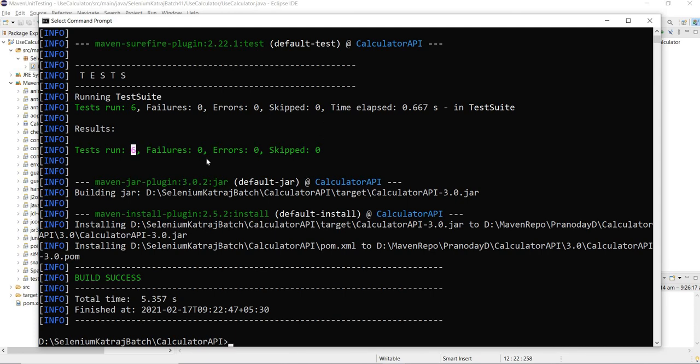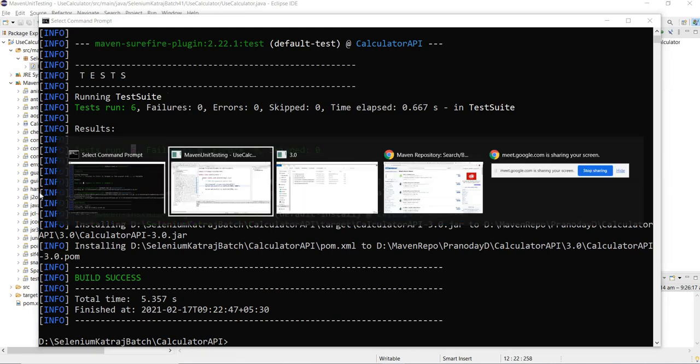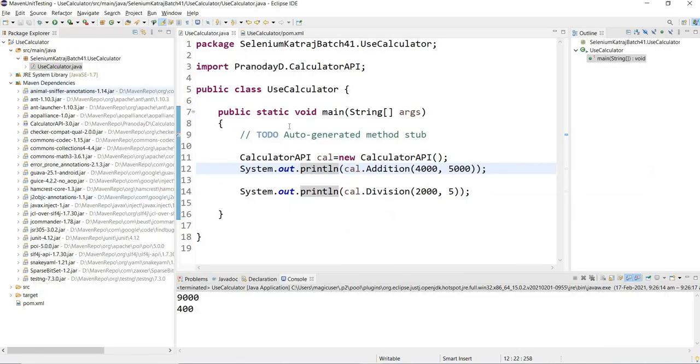As and when he does any new changes, he will add the new test cases and then release. During the release phases, all the phases would be taken care of: compilation would be done, unit testing would be done. If all the test cases pass, only then it will go ahead with the release, right? This is what Maven is for the library developers, and this is what Maven is for the users.